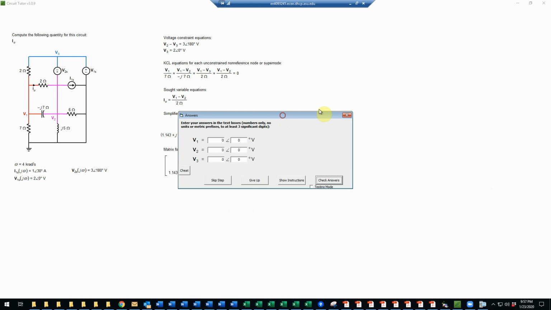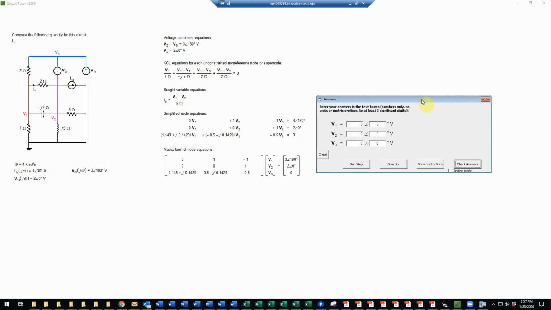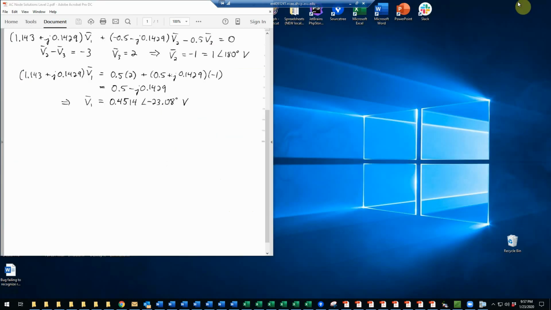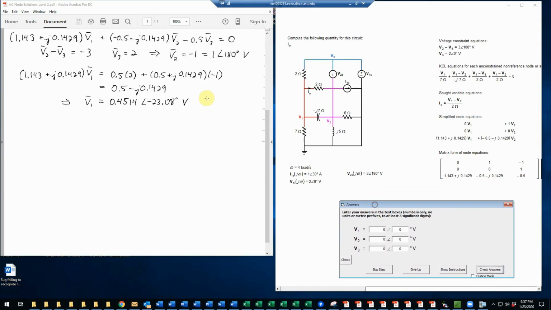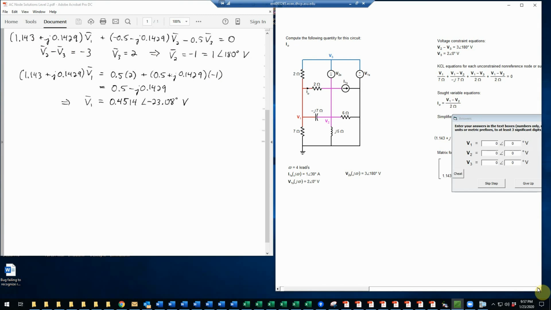Okay, so now we need to compute and enter the values for v1, v2, and v3. We already know v3, it's given here, but we need to find the others. So for that, let's go do the algebra on paper. Basically here I've copied over the simplified form of,